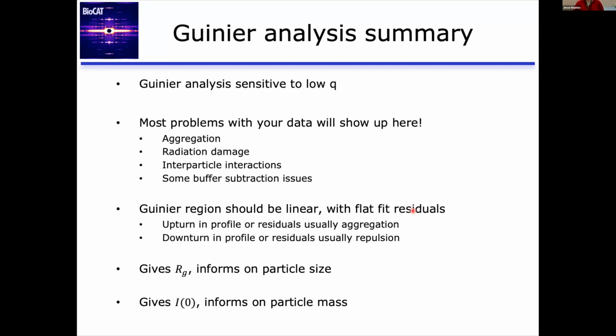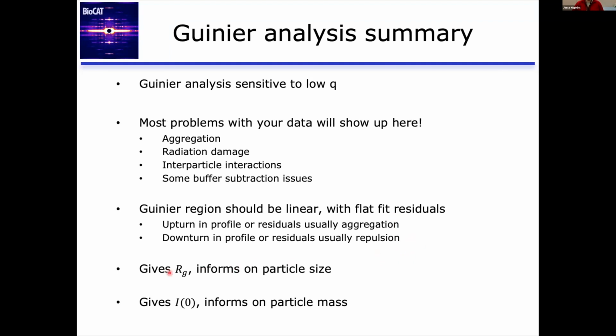So to summarize, the Guinier analysis is sensitive to low Q. Most of the problems with your data will show up here. You get aggregation, you get radiation damage, you get interparticle interactions, and some buffer subtraction issues will also show up here. The Guinier region should be linear. You should get flat fit residuals. There should not be an upturn in the profile of the residuals. If you see that, that's aggregation usually. If there's a downturn in the profile of residuals, that's usually a repulsion. And either of these indicates an issue with your sample that you need to evaluate before continuing analysis and possibly